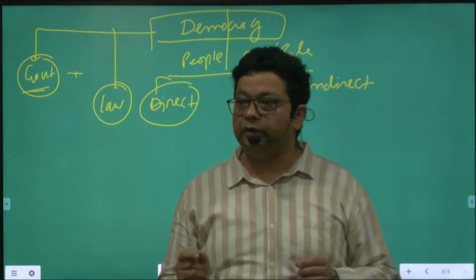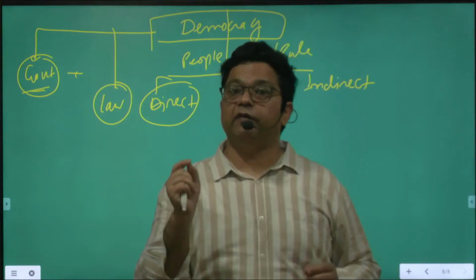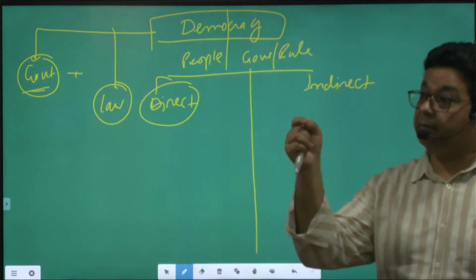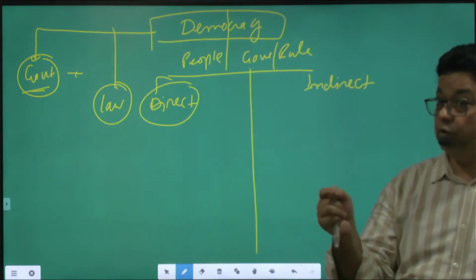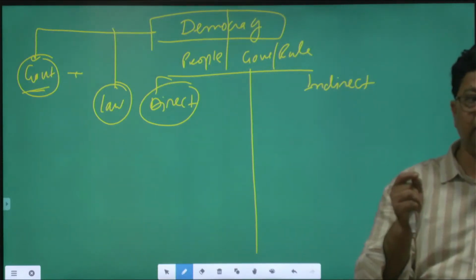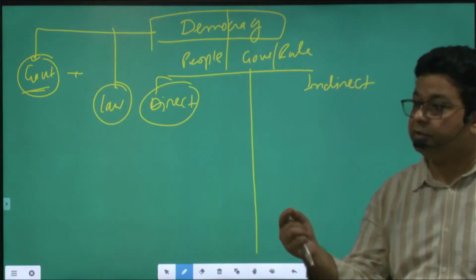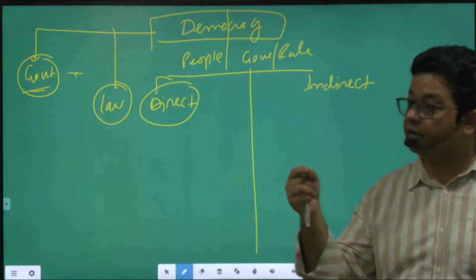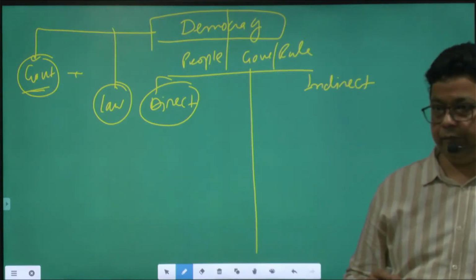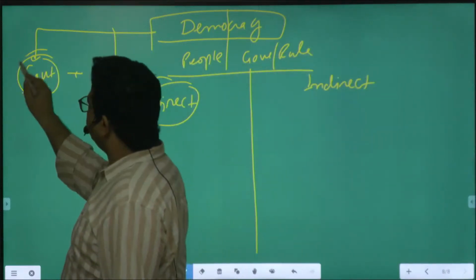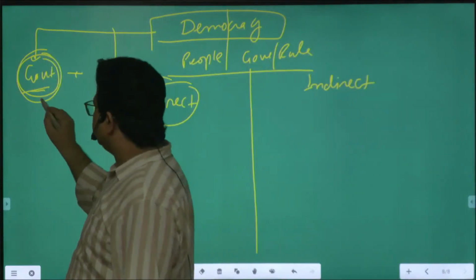Are you getting my point? Yes or no? So when we talk about democracy, it means two things. First, people's rule means people's participation in the formation of government and people's participation in the formation of rules and regulations. Is it clear? Now when we talk about the formation of government by the people, this can be done through